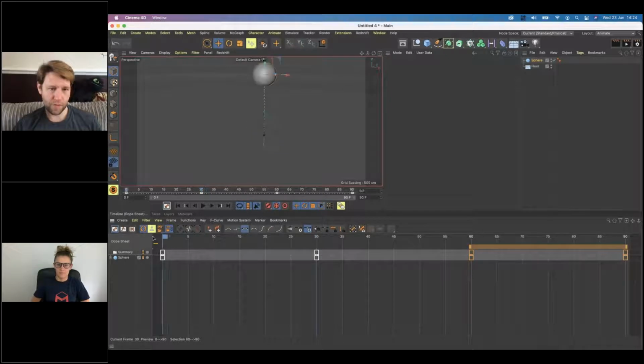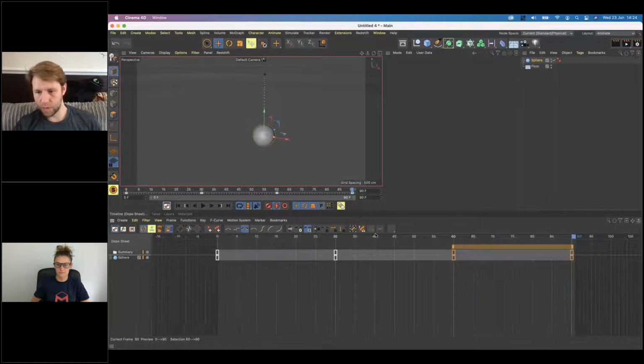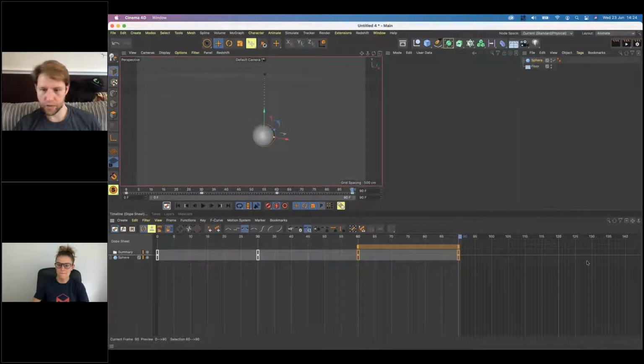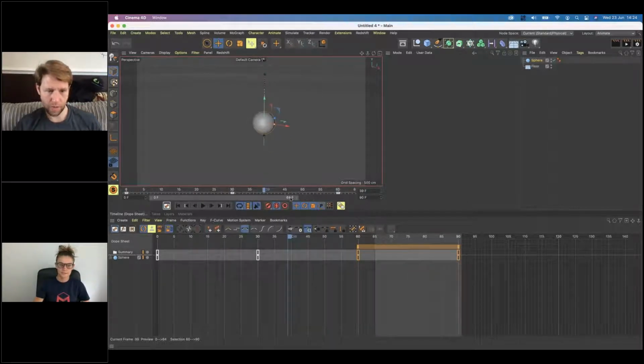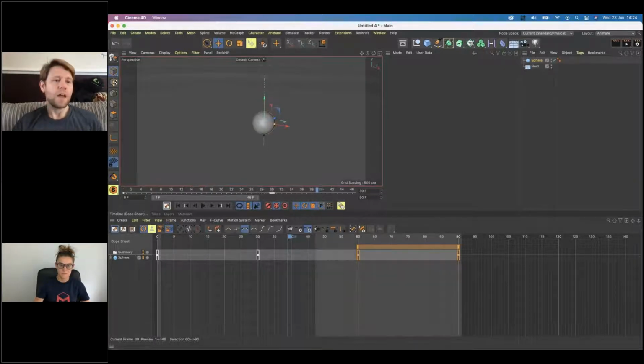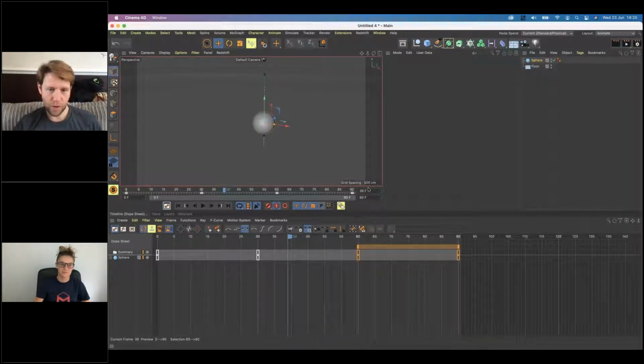Now I have a sphere that starts down and goes up, goes down, goes up, and I'm just going to squidge this a bit because I'm going to add an extra 30 frames to my animation, which can be done up here. So here I have 90, 90 and 0. 0 and 90 either side is my preview range. That lets me know where I can see my preview range. Sorry, 0 is the beginning frame, 90 is the end frame. You can see that this is where my preview range starts and finishes, and the top number is where my